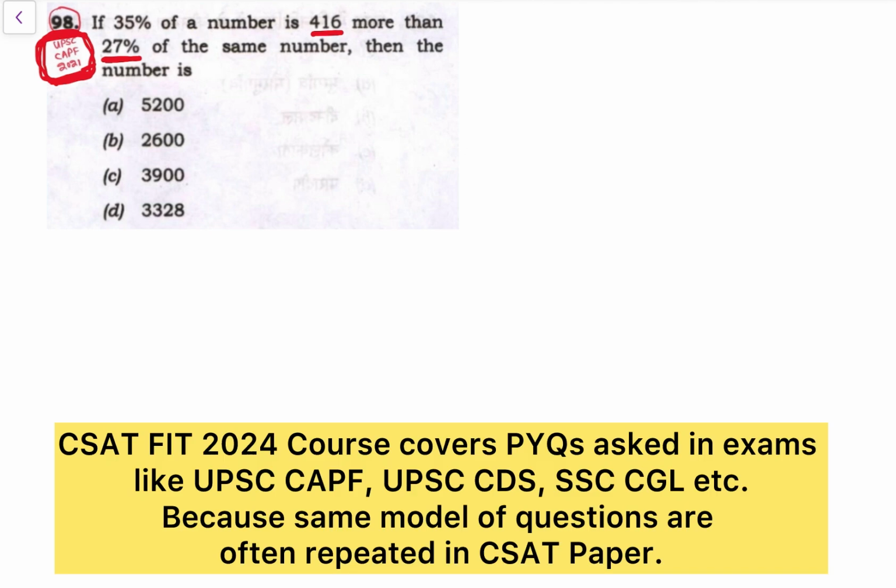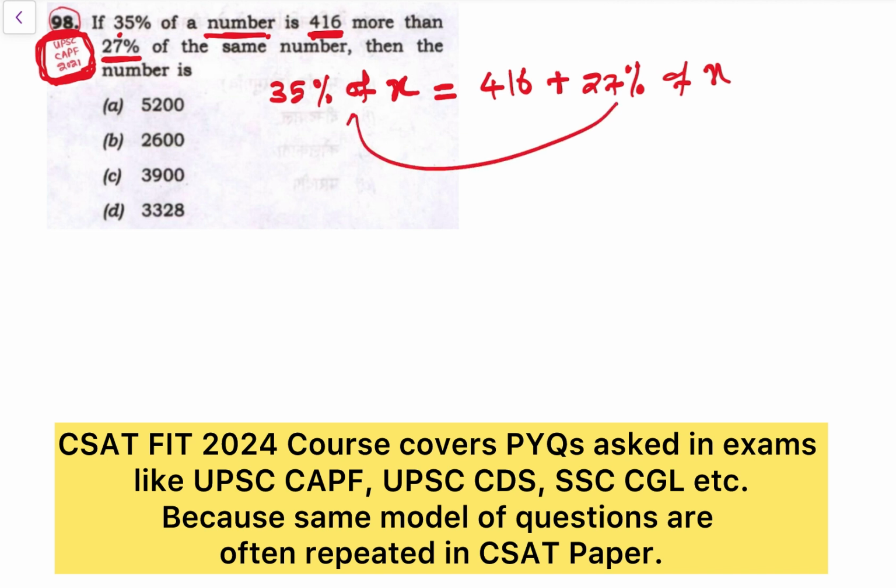Let the number be x. 35% of x is 416 more than 27% of x, that is what is given. So 35% of x is equal to 416 plus 27% of x. Now bringing it to this side,